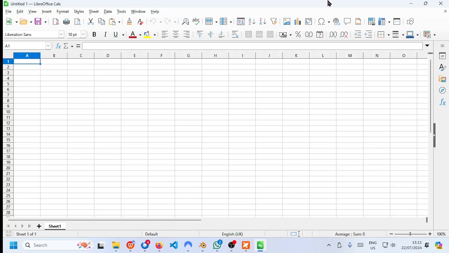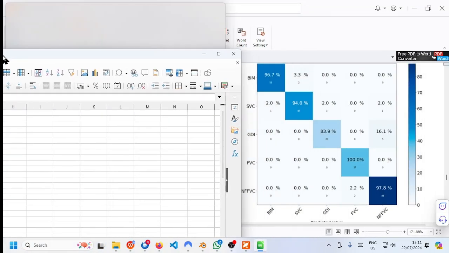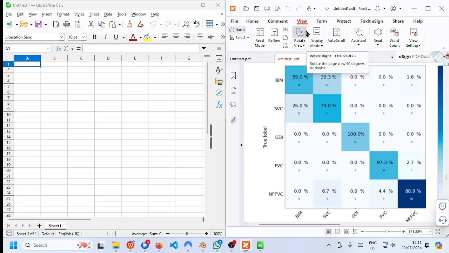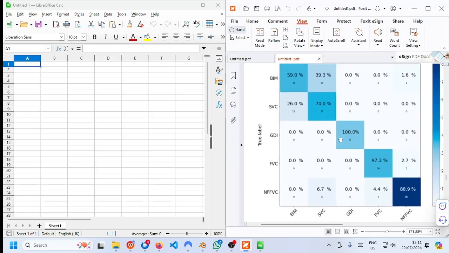To do that, it'd be useful to have both windows on my screen at once. I'll hold the title bar here, move it over to the left, so it takes half the screen, then it will ask which one I want to share it with. Of course, this is in Windows, it might be different in other operating systems. So let's choose that PDF file with the paper and the table inside of it, and we'll do a little